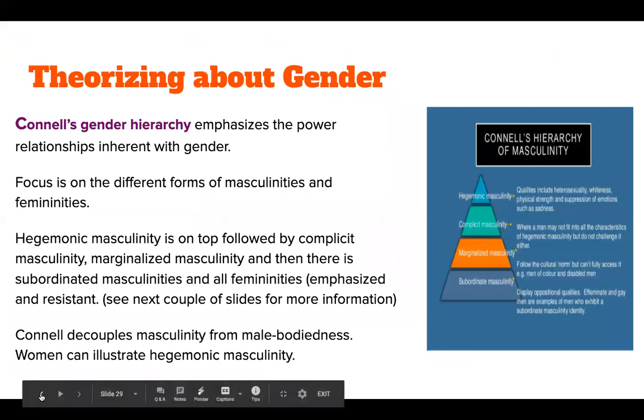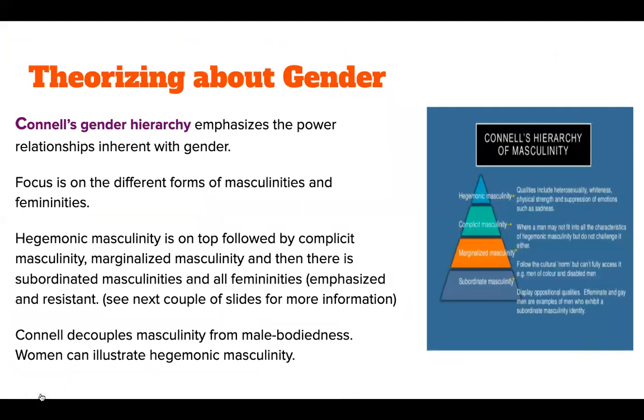you have your hegemonic masculinity, you have your complicit masculinity, you have marginalized masculinity, you have subordinate masculinity. And like I said, besides subordinate masculinity, you can also put the femininities, with emphasized femininity being on top of resistant femininity, because there's a little bit more space and opportunity for her in the modified patriarchy. Now, of course, that space might be being a happy homemaker, being someone's dream girl, someone's sexual fantasy, but there